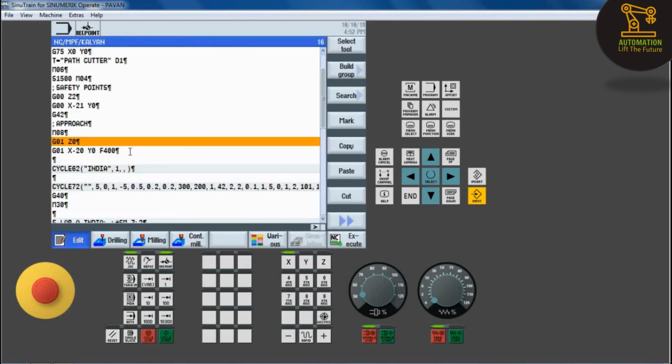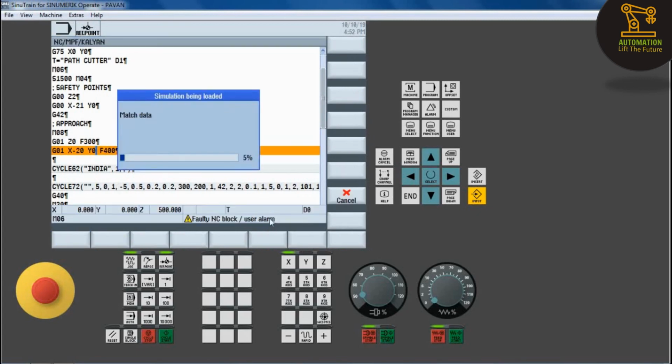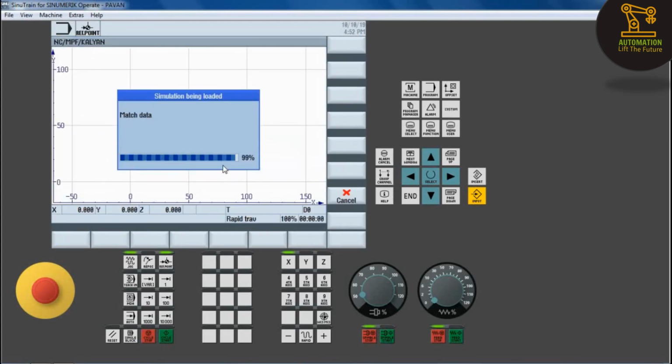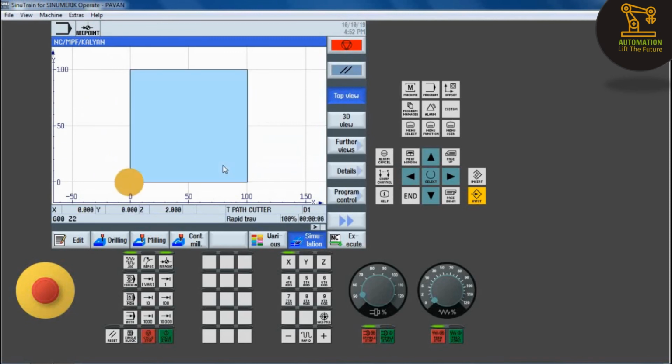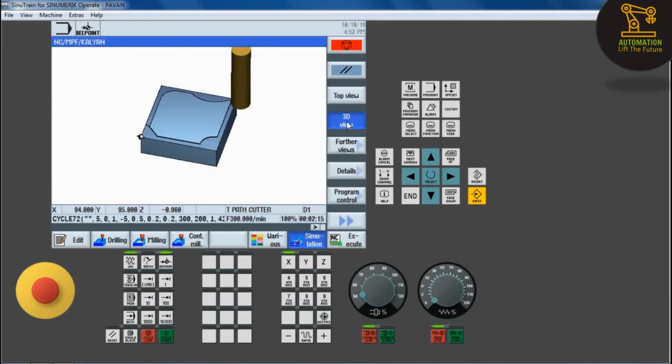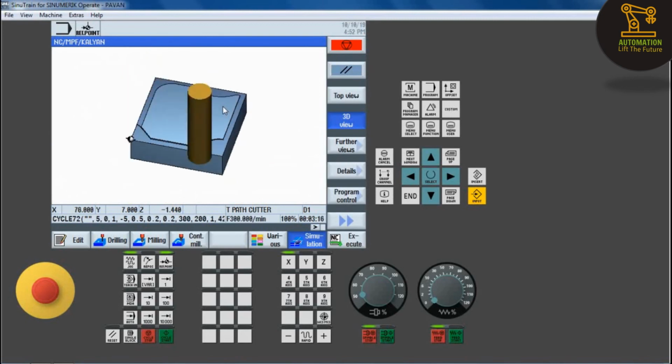Here an error occurred, block 16 feed rate not programmed. Here we have not mentioned feed rate, so we have to mention feed rate F300, whatever you require, and then simulation. Here we observed how the simulation occurred.